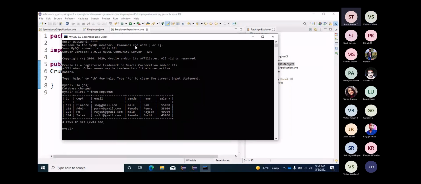Try to insert into EMP 1000 values. Give 105, HR, give some email, give some